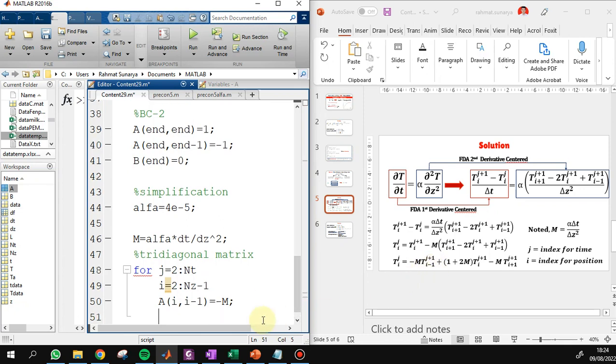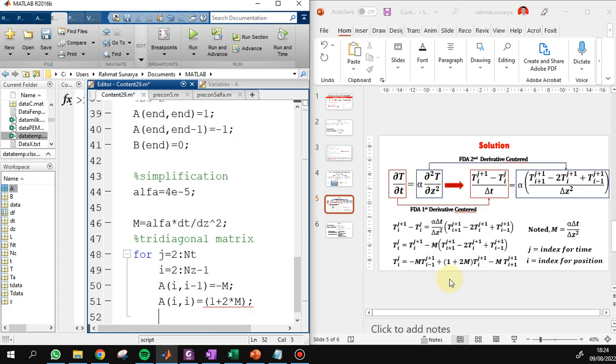Next, A(i, i) equals 1 plus 2m. Next, A(i, i plus 1) equals minus m.